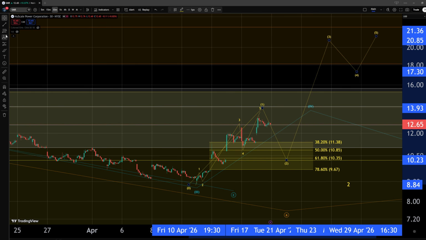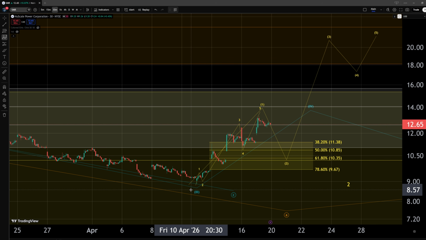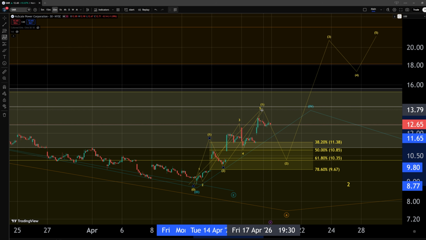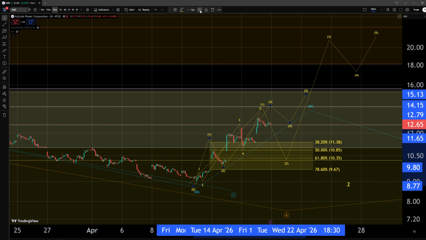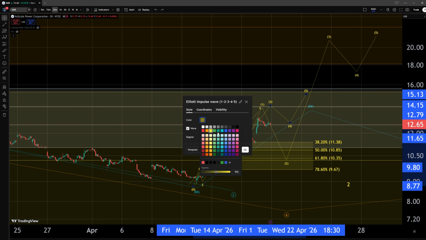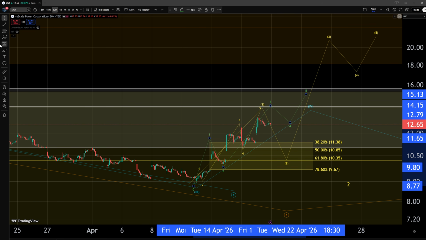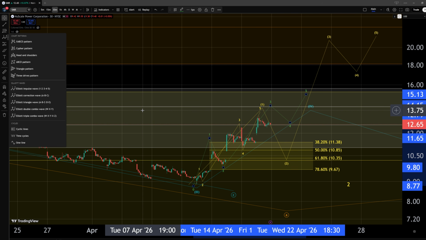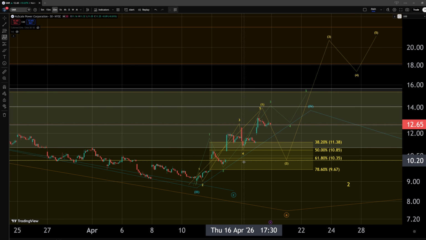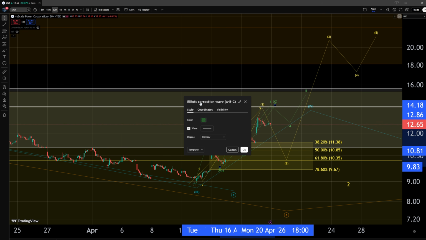So now we can move within the different scenario where I would consider the wave 3 to actually still potentially be ongoing. Let's say we track this in green and we would have a 1, 2, a wave 3 would still be ongoing, a wave 4 would be here, and this would be a wave 5. And within this wave 3, we are of course looking still for an ABC structure, since I do not really have trust within the idea of an impulse in this structure. So here I would track an ABC structure,